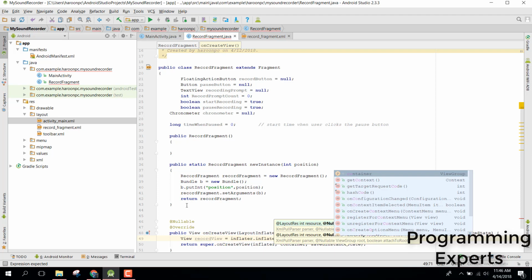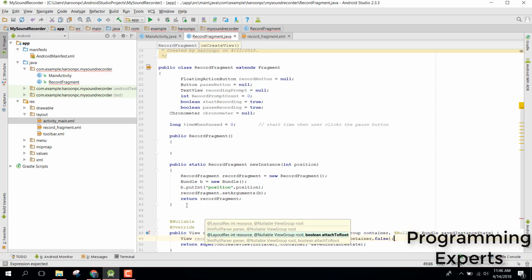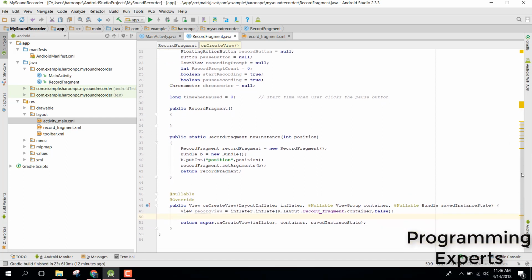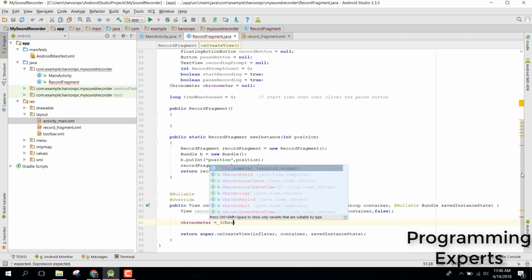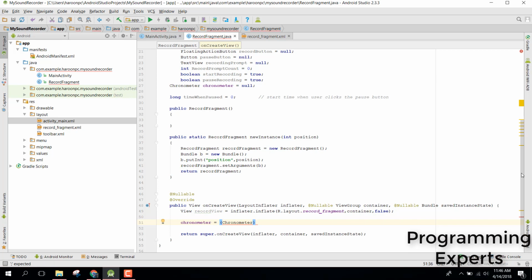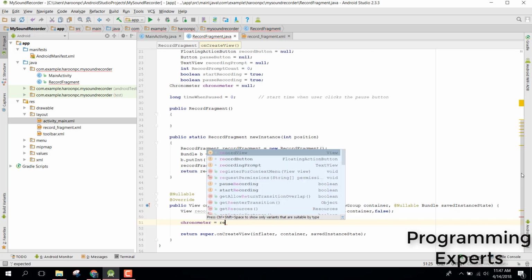Then we have container, and the last argument will be false, and after that here we can initialize our controls. So first of all let's initialize the chronometer equals to chronometer record, okay, so we can say record